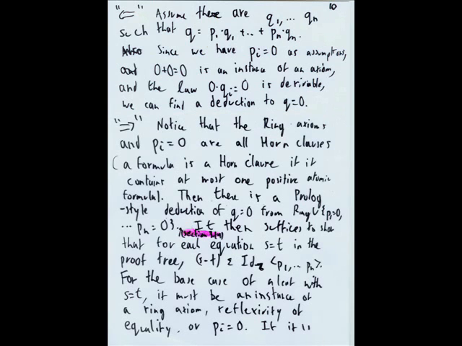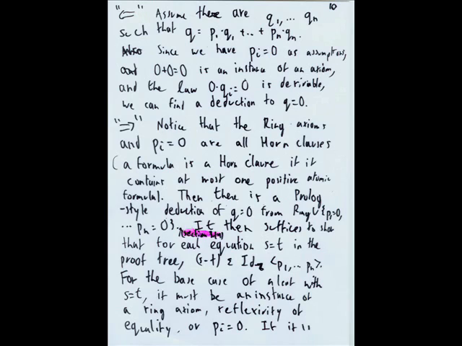And for the left-to-right direction, notice that the ring axioms and Pi equals 0 are all Horn clauses. A formula is a Horn clause if it contains at most one positive atomic formula. So we know all the equality axioms that we put down are Horn clauses, and the other ring axioms are all Horn clauses, and each Pi equals 0 is obviously